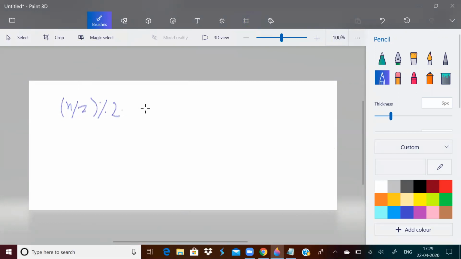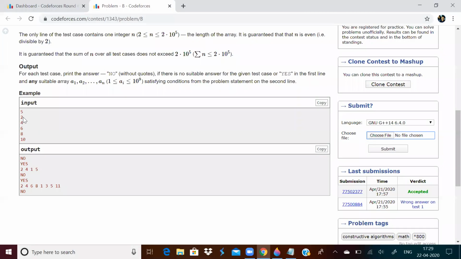If n by 2 mod 2 is equal to 0, then yes, an answer exists. Otherwise, if it is equal to 1, it won't exist. There won't be any answer. See, n is equal to 2. 2 by 2 is 1. Now 1 mod 2 is 1. That's why there's no answer.